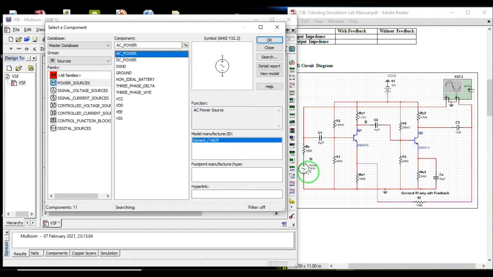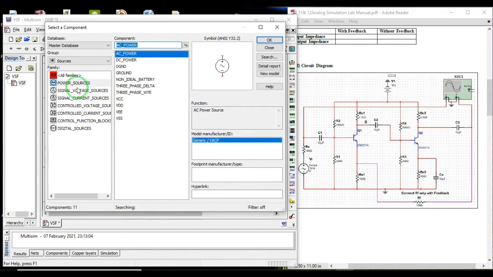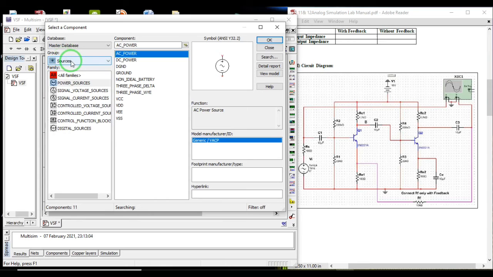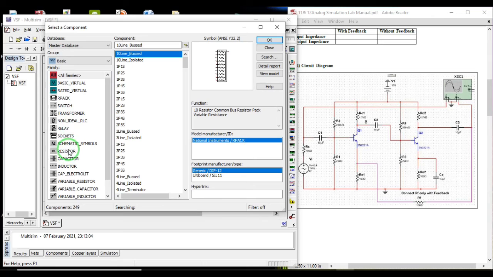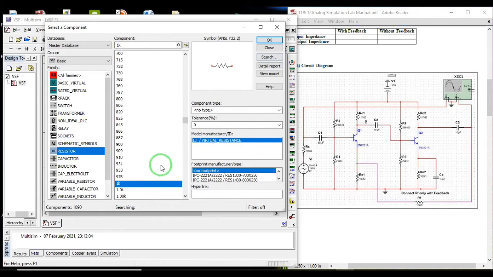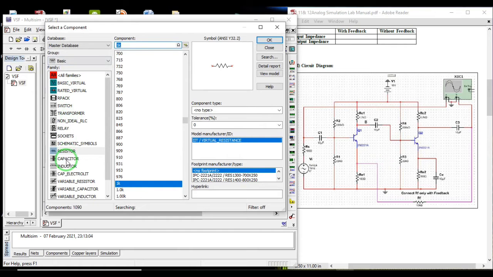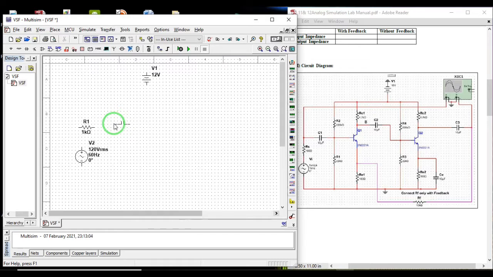It is 5 millivolt peak. We'll give the values later, but right now we'll rig it up here. And we have resistors and capacitors. So again we'll go to this column, group. In that group we'll select basic. In basic we have resistor and capacitor, so we'll select some value of resistor, for example 1k was selected, and we'll place it. And we'll also take a capacitor, some value capacitor, 1 micro is already selected. We'll take it and place it here.